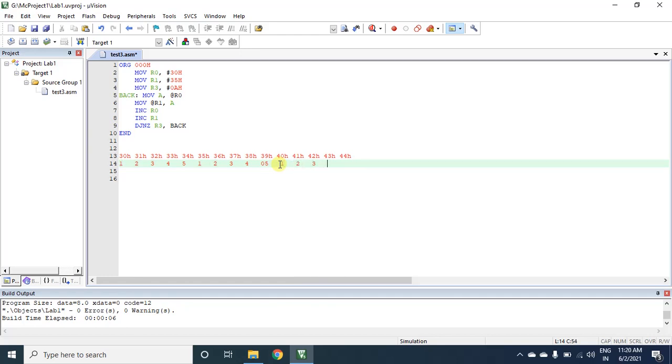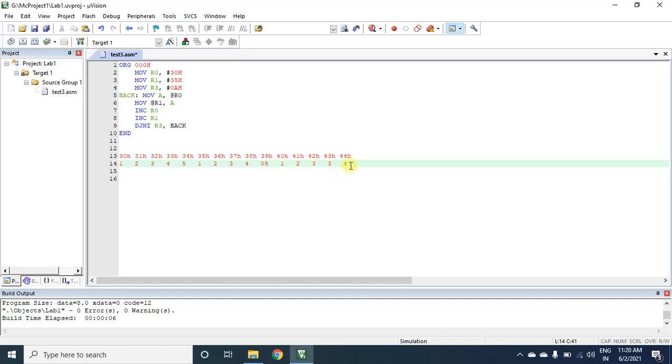Why? Because at this point the pointer is pointing to this data. This is my 10 bytes of data. If we start from here, from 01 to 05, the same data will be transferred from the 35th location, because this is my destination address. Once the R0 pointer comes here, it will point to 01 data, so this 01 will again be transmitted, up to 44H.